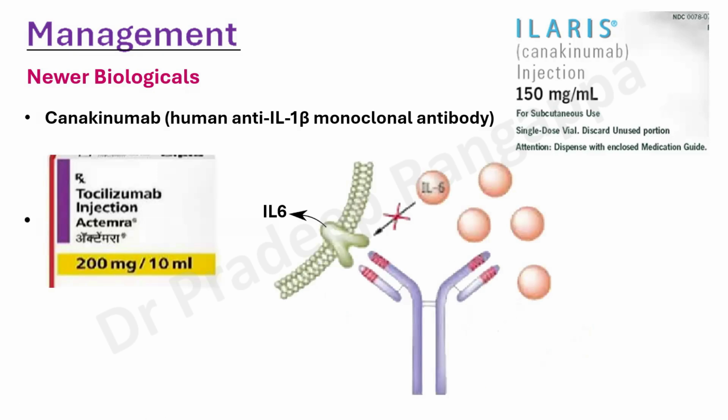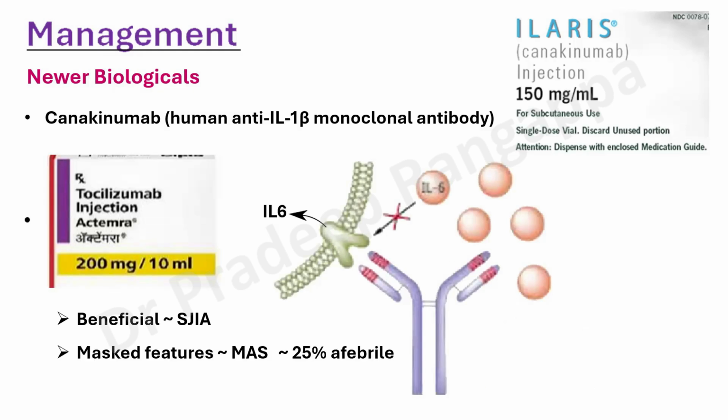So IL-6 receptor blockade also has been used as a desperate measure for treating HLH, and it has shown to have some benefit in systemic juvenile idiopathic arthritis, and it has shown to mask features of MAS. In 25% of the patients do become afebrile, and use of tocilizumab has shown reduction of ferritin levels. So these all have come from case series and case reports, but I think our protective drug of choice,